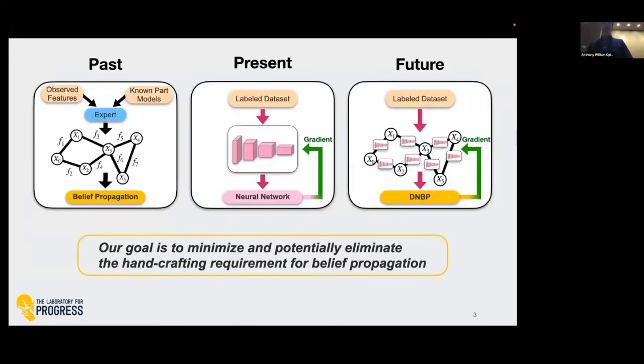And so if we think about where this idea fits into the trends that we see within the field, what we typically would see historically is that probabilistic inference algorithms would be implemented as an expert model-based paradigm, where you'd have some expert with a complex probabilistic model. So in this case, on the left-hand side, the probabilistic graphical model is using known observed features from the environment and known models about how the domain operates. And at that point, then